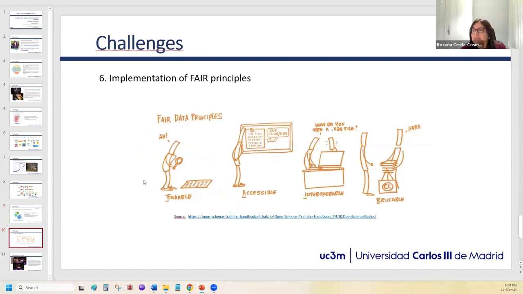The last challenge is the implementation of the FAIR principles. The last challenge is to make the data FAIR data. For this, we need more training on what it is, what it means, and how to apply it, so that you make the data findable, accessible, interoperable, and reusable. And finally,